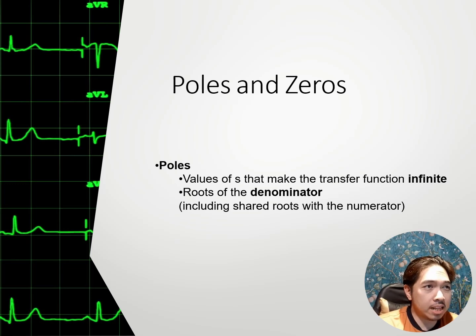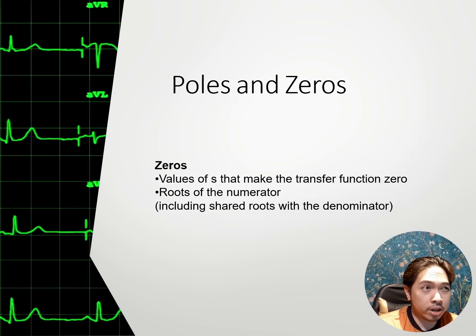So poles are the values of the Laplace variable that make the denominator of the transfer function equal to 0. When this happens, the transfer function becomes infinite, and these points tell us how the system naturally responds, whether it oscillates, decays, or grows without bound. Think of poles as the system's DNA. They encode its internal tendencies. If a pole is located in the right half of the complex plane, the system is unstable, and if all poles are in the left half, the system is stable.